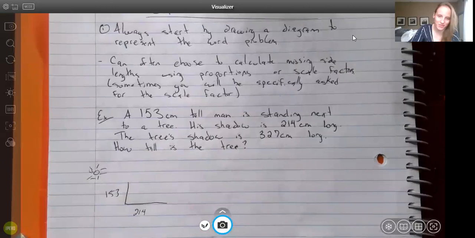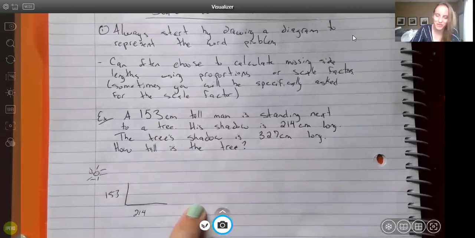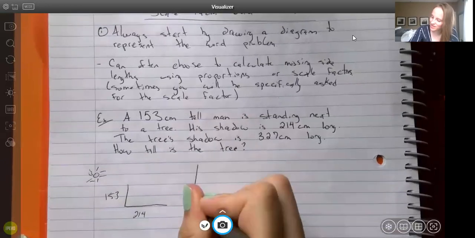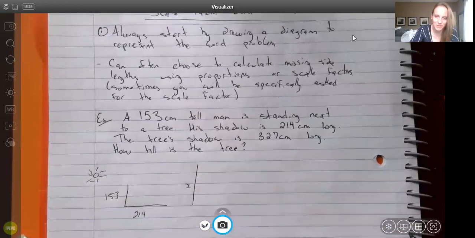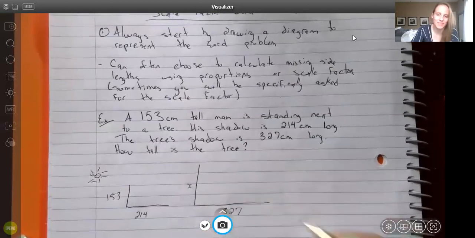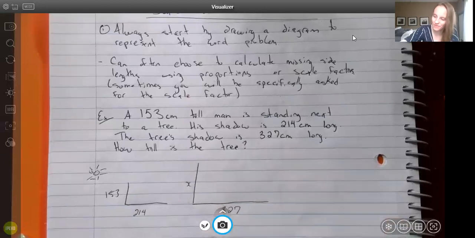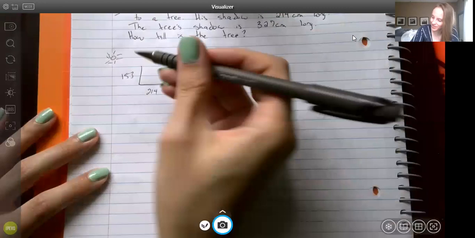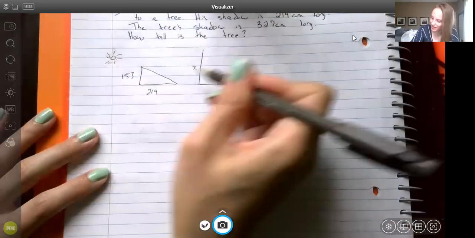I'm just going to draw the tree over here just so I'm not drawing my triangles on top of each other. We don't know how tall it is, but its shadow is 327 centimeters long. So the first thing that we're going to do here is just turn these into right triangles,